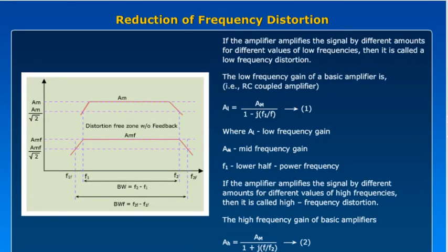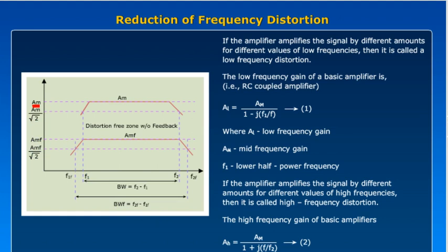This figure represents the frequency response of the negative feedback amplifier, with feedback and without feedback. This represents your normal frequency response of the RC coupled amplifier without feedback. The maximum gain is AM, and the 3 dB point is AM by root 2. Now we will see the feedback amplifier gain. What changes do we get in the feedback amplifier by using the low frequency and the high frequency? Now we can do some analysis.